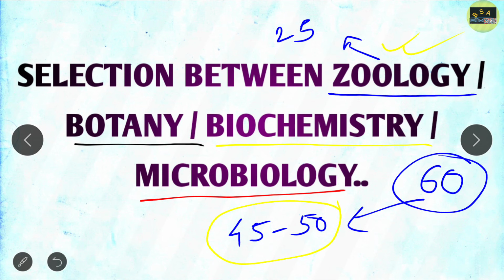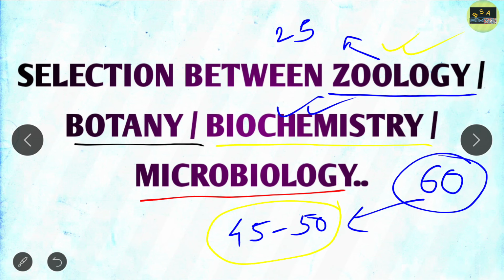For example, they ask math problems from the Beer-Lambert law in biochemistry, where the formula is A equals epsilon Cl. From that you can easily calculate by applying the Beer-Lambert law. They ask math problems from enzymes. Either from the Michaelis-Menten equation, that is V equals Vmax times substrate divided by Km plus substrate, or from the specificity constant, that is kcat by Km, or from kcat, which is the turnover number, that is Vmax by Et. So you can easily solve the enzyme questions. There will be no difficulty if you are prepared for CSIR NET.